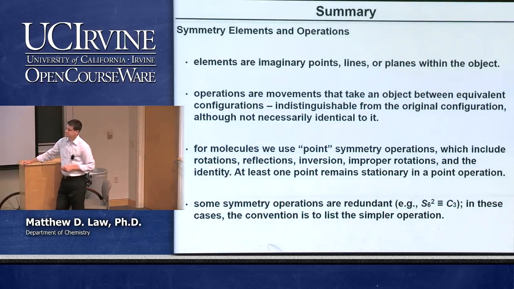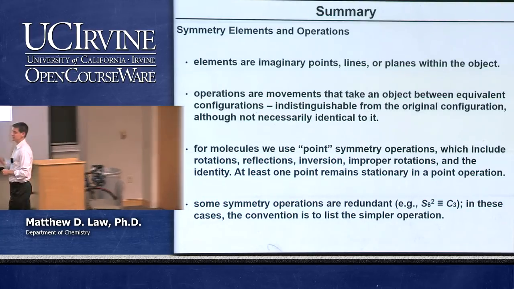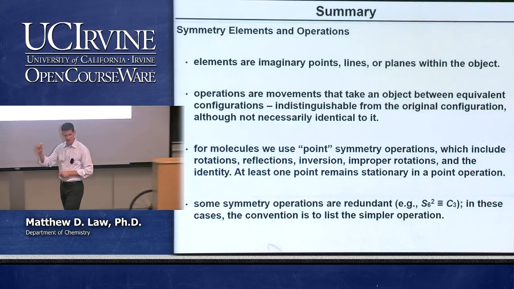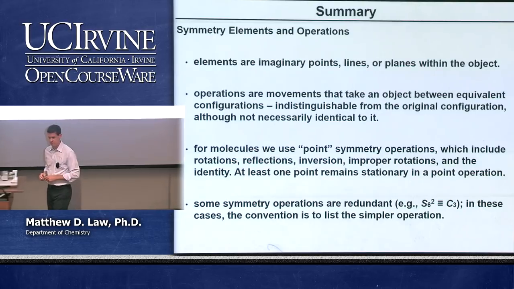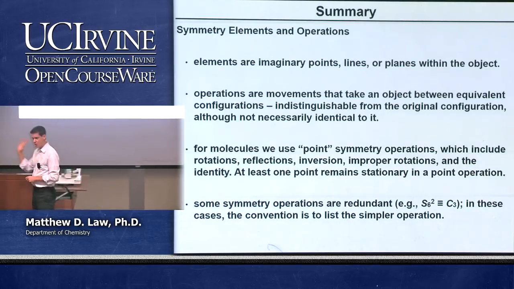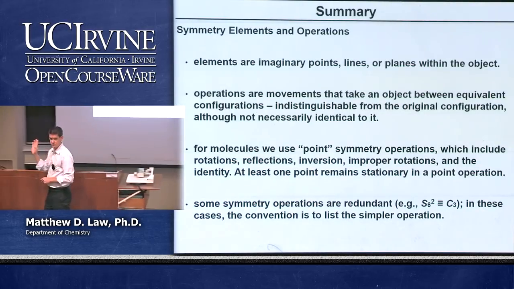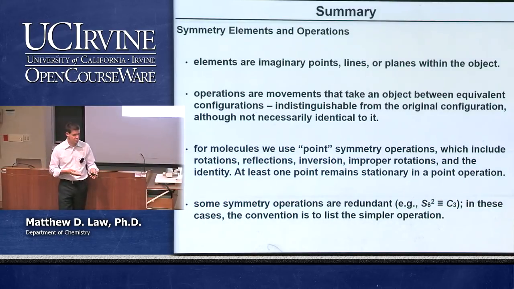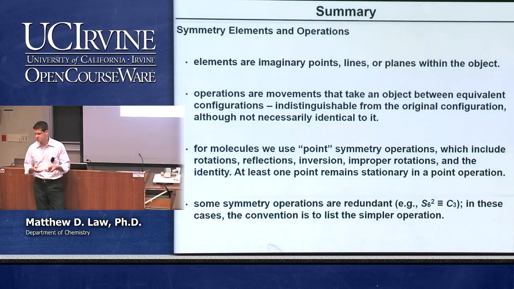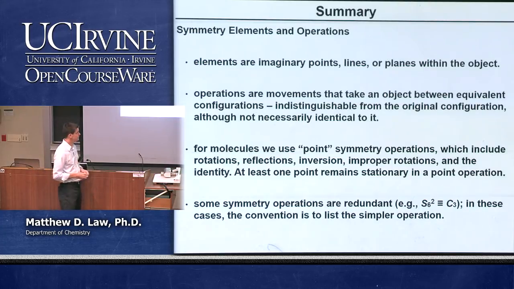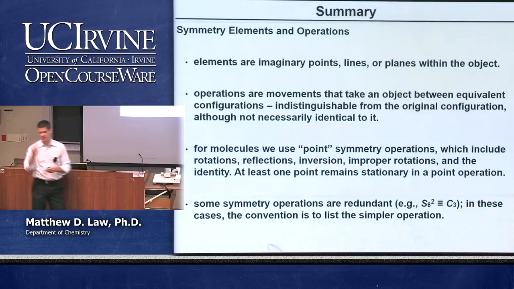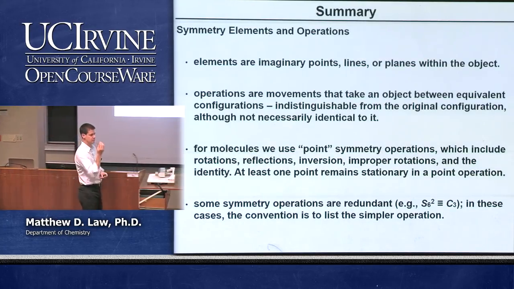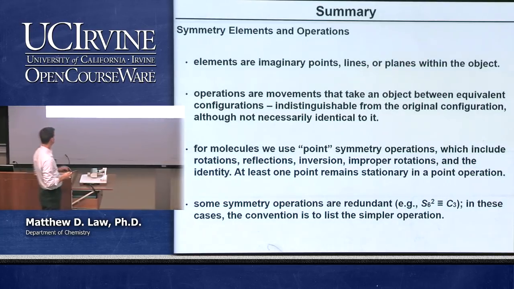We're describing molecules in terms of their point symmetry. What does point symmetry mean? It means that at least one point in the molecule remains stationary when we do the operation. Okay? And you'll notice that all of the operations that we've described, that's true. Right? Inversion, there's a point that remains unchanged. Rotation, there's an axis. Right? Reflection, there's a plane. So we're not interested in molecules translating through space right now. We're just talking about the object in some sort of mathematical vacuum, and we're doing point operations to it.